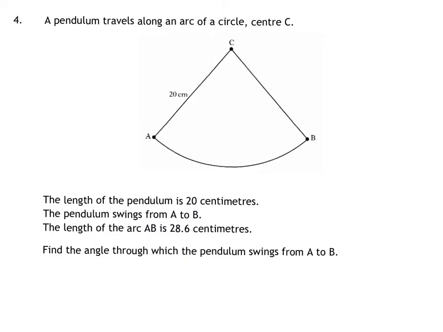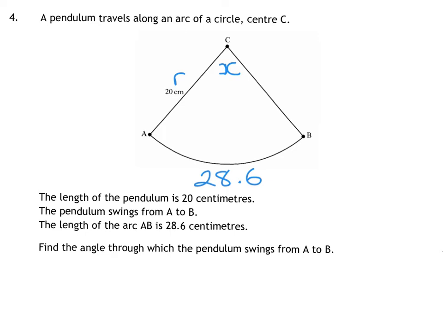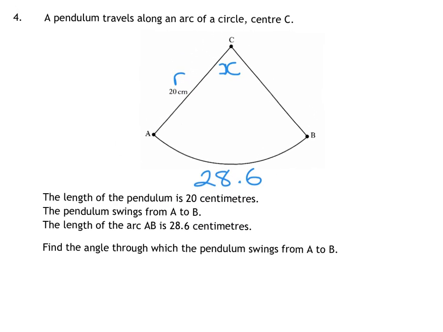Okay, our next question is talking about a pendulum that swings, and that pendulum makes this lovely kind of sector shape. It says the length of the pendulum is 20, so that is your radius is 20. And it tells us that the arc is 28.6. We want to know the angle at the centre. So, because they've told us the arc, we're going to start with the formula for arc. So I'm just going to move this down a little bit. Right, formula for arc is